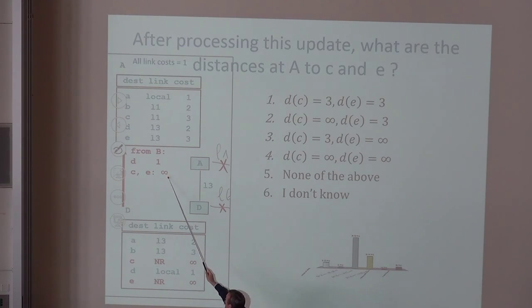So the cost is infinity. So that means distance to E is infinite, distance to C is 3. So in one step, we have managed to inform A that it has lost its connection to E, which is the correct thing. But it also has lost its connection to C, but it doesn't come from